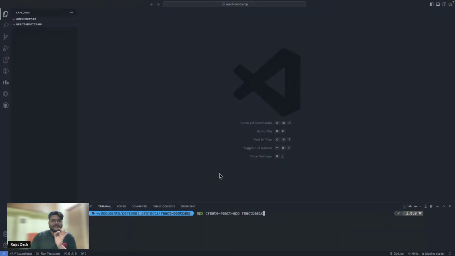The only difference is if you want to install that package in your system, then you will use npm. If you don't want to install it in your system for a long time or permanently, then you just go for npx. It will temporarily install it. Temporarily, you can use this package. Now, what is this package? Create React App. Okay, create-react-app is a software or a tool which will help you to create a basic React application.